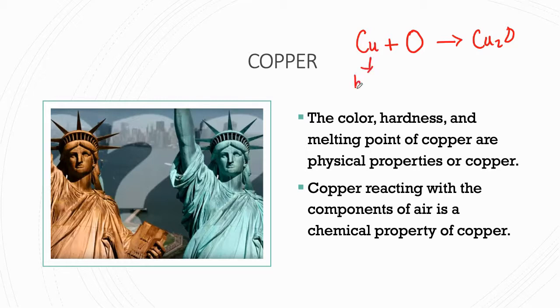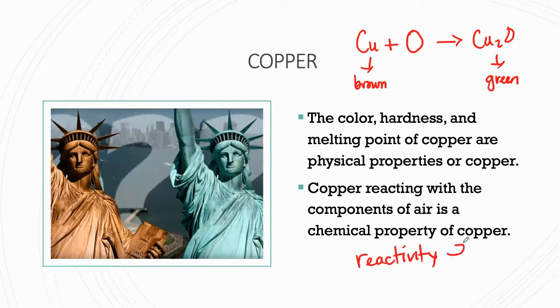Copper is this brown orange color, and copper oxide happens to be this green color. So the Statue of Liberty changed from brown to green because she reacted with the air, and reactivity is a